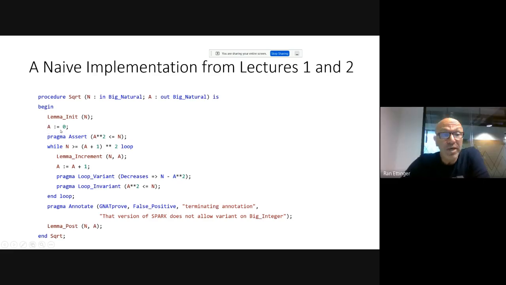So we initialize a to 0, and then in a loop we increment it by 1. But there's a lot of other stuff going on here. It's not something that should be executable code. The assertion can be verified dynamically at runtime, but when we use GNATprove with SPARK, with the tooling, we can prove statically at compile time that the program is correct. So the assertion can be proved by GNATprove at compile time,